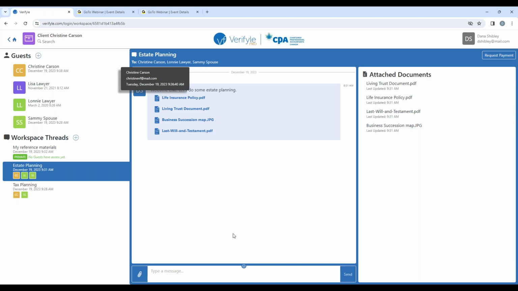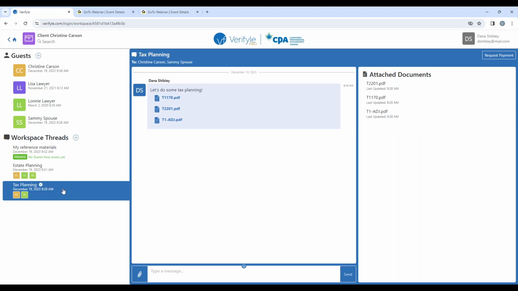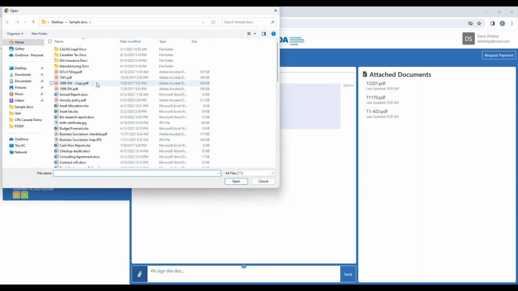Okay, so moving forward here, signatures are very important in your industry. So let's go ahead and do some electronic signatures here. I'm now in the tax planning workspace thread. I'll type a message here. I'm going to start abbreviating a few things here to be mindful of timing. Please sign this document. Okay, I'm going to click on the paperclip symbol here, and let's say that I pull